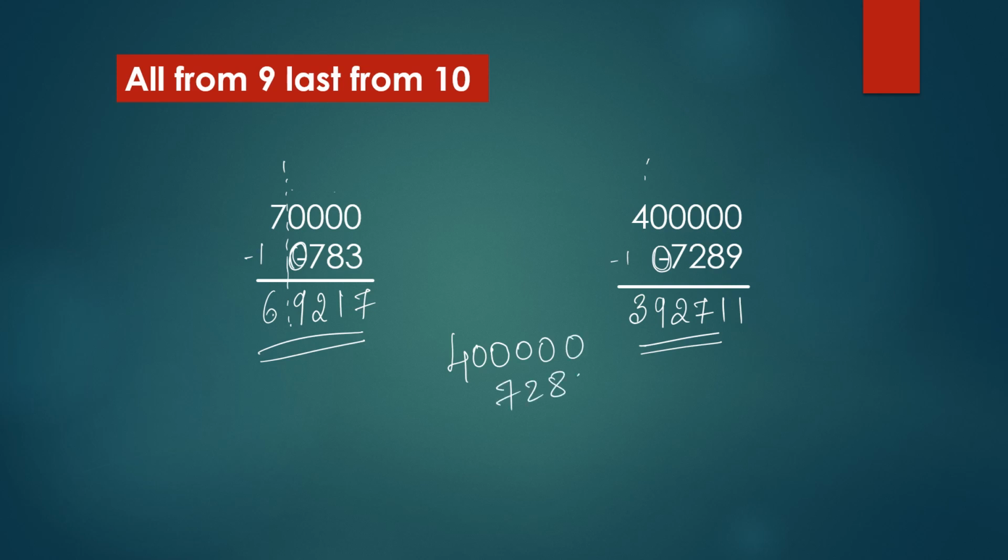So now either you can do it in this way, or suppose for example 40, something like this, 7, 2, 8, 9. You can make groups like this, and here also 40 minus 1, 39, and then the remaining you can do. 9 minus 7, 2. 9 minus 2, 7. 9 minus 8, 1. 10 minus 9, 1. There also you will get the same answer.